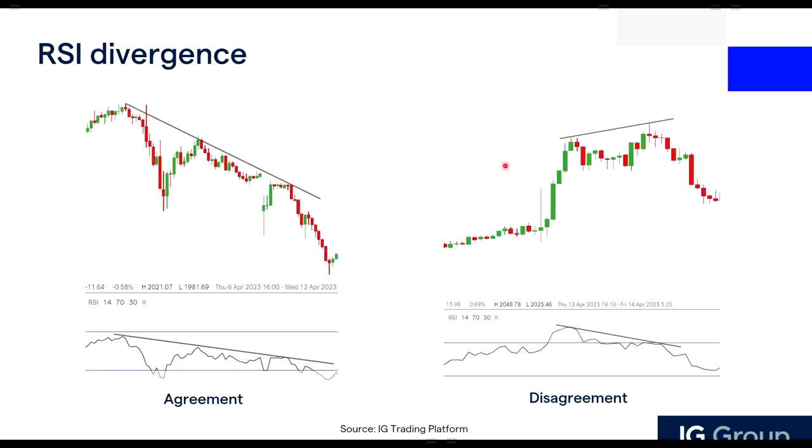Of course, it can be in a downtrend as well. So in a downtrend, if this indicator is not sloping down, and if you connect the points it is pointing upwards, that is a bullish divergence. So divergence in a nutshell, what we are trying to see is the difference between the price and the indicator.